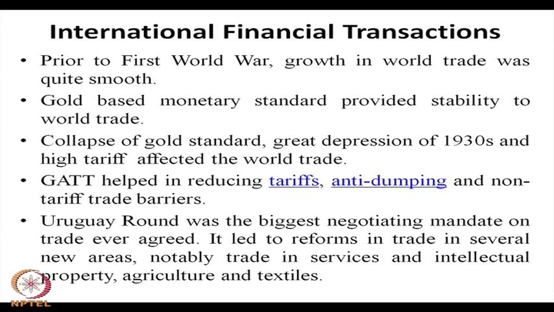One such negotiation round we generally call the Uruguay Round, where the biggest negotiation took place, and in this negotiation the member countries agreed to reform many areas of world trade, particularly services export, agriculture commodity export, textile exports, intellectual property, and also intellectual capital flow. In this context, the Uruguay Round is known as the rapid liberalization round, and in the Uruguay Round we converted the GATT into the WTO, World Trade Organization.